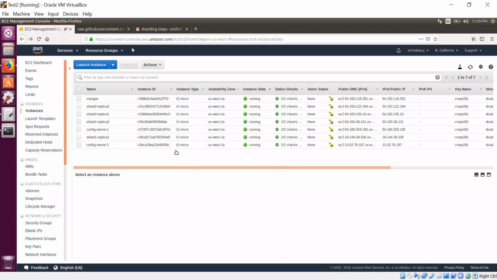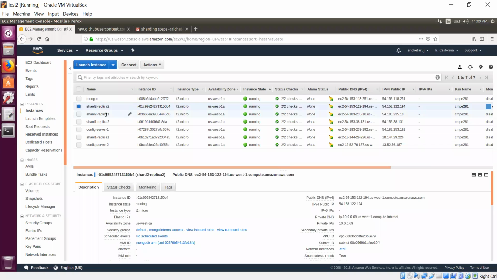Let me show you my Amazon EC2 instances. I have created a single instance, and then I created an AMI, and from that AMI, I created 6 more instances. I also created a security group named Mongo Internal Access, which has the ports open: 27017, which is used by the query router,